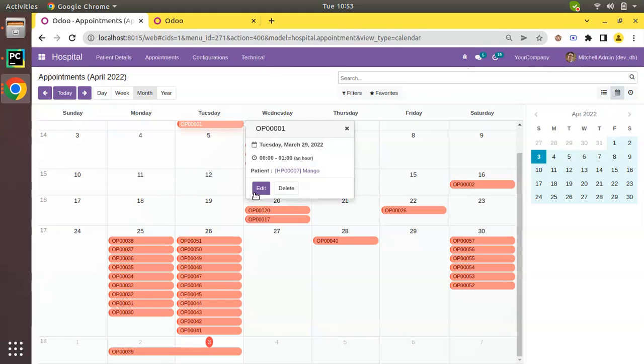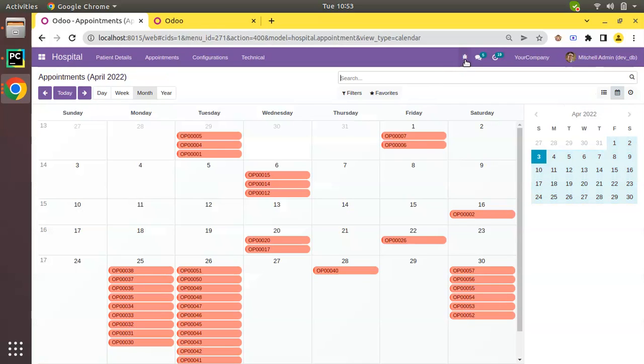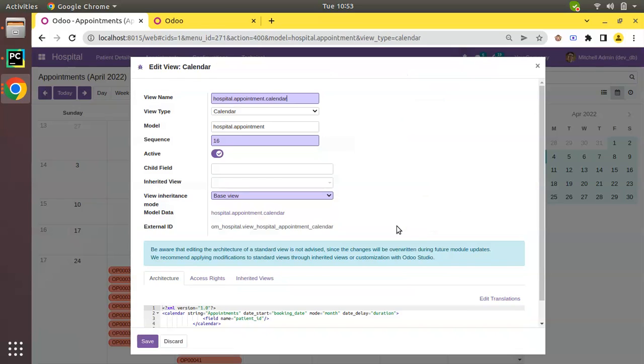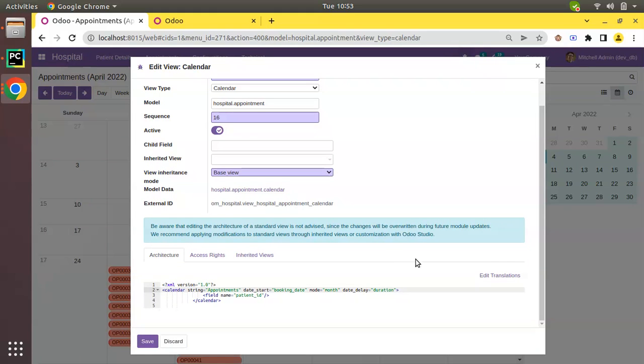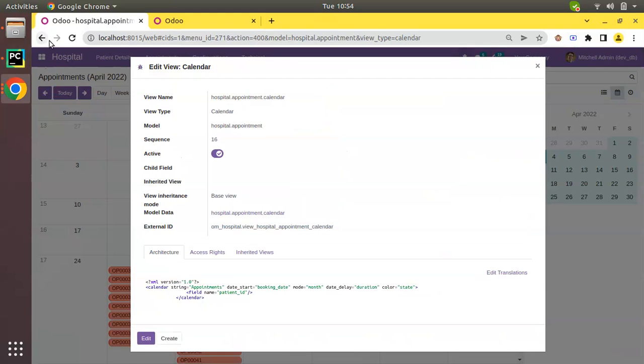So if I open any appointment, you can see we have got a state field, and let's assume we have to color the appointments based on the state. Then what we can do, come back to the calendar view, click on debugger button, edit view calendar, and here I will add one more attribute called color. Color equal to specify the field name based on which you need the color. So I have added color equal to state, and I'll copy because I have to add the same from the code also. So here I will add color equal to state,